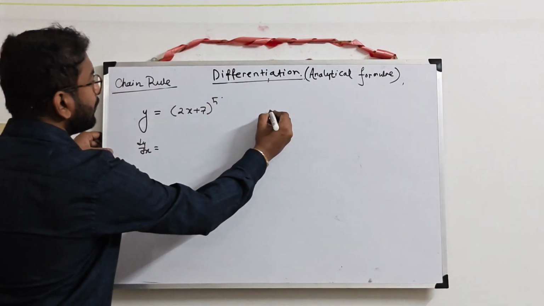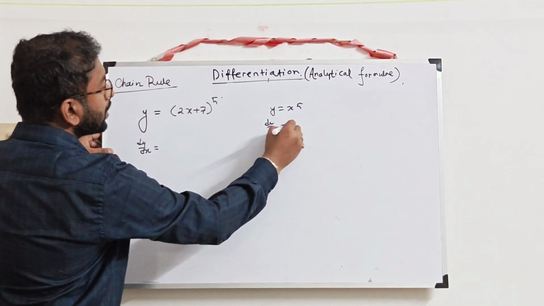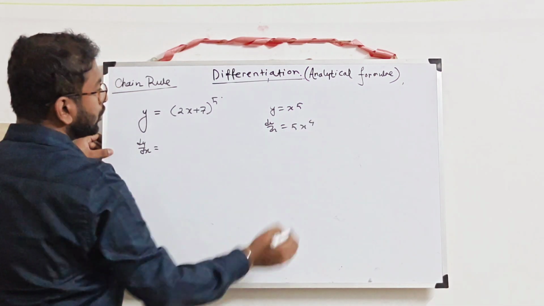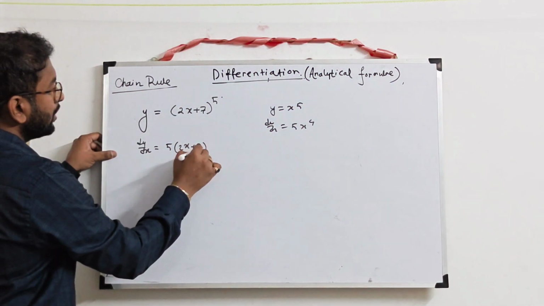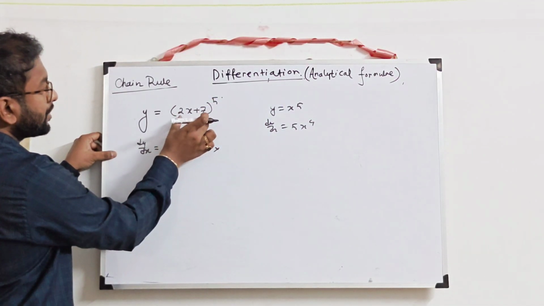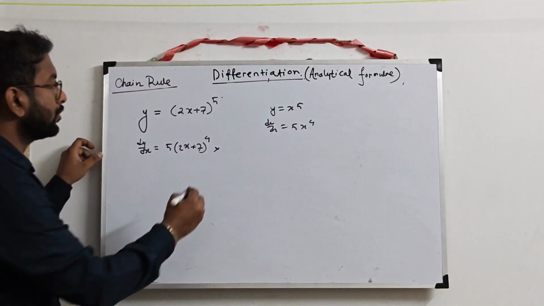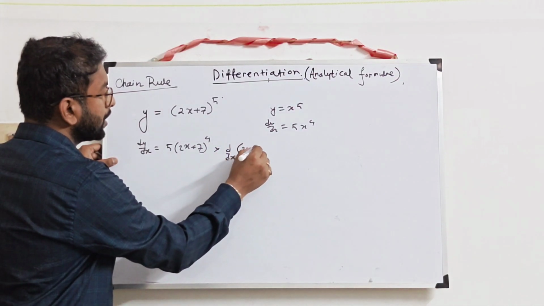So whenever you get, let's say, x to the power 5, what do we do? dy/dx is 5 x to the power 5 minus 1, that is 5 x to the power 4. So here also do the same thing, that is 5 into (2x plus 7) to the power 5 minus 1, that is 4. But this function is not x, this function is 2x plus 7. So you have to multiply the entire result with the differentiation of the inside function, that is 2x plus 7,